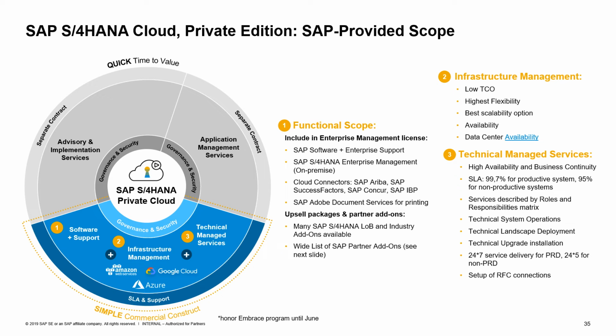The services described are in the roles and responsibility matrix. We are going to have a deep dive session on just the R&R and the services here, so you can clearly see what services are provided by SAP and what services partners can offer. Customers can also license and get services from SAP, and partners can white label SAP services so that we can provide a fully baked out solution for your customer if needed.